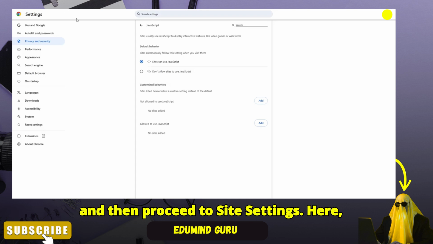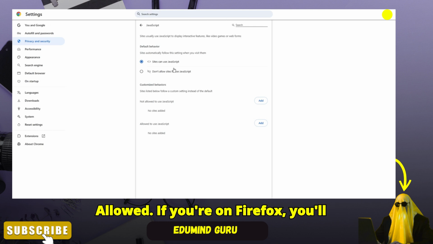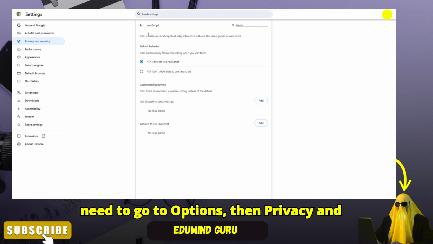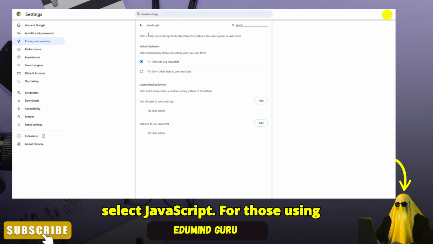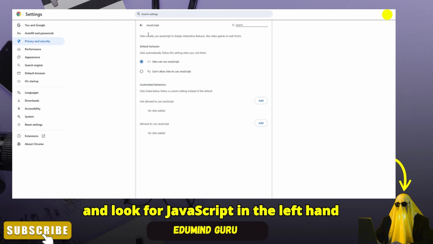and then proceed to Site Settings. Here, make sure the JavaScript option is set to Allowed. If you're on Firefox, you'll need to go to Options, then Privacy and Security, followed by Permissions to select JavaScript. For those using Safari, open Preferences, go to Websites, and look for JavaScript in the left-hand menu and make the